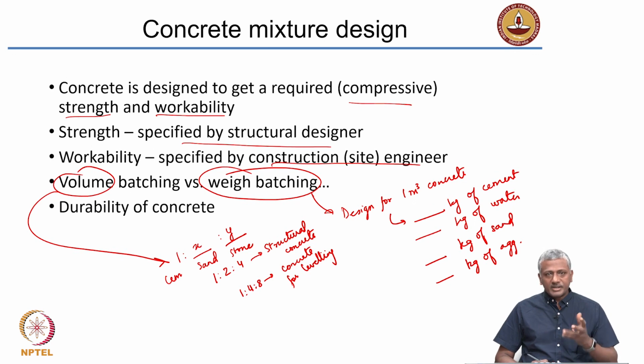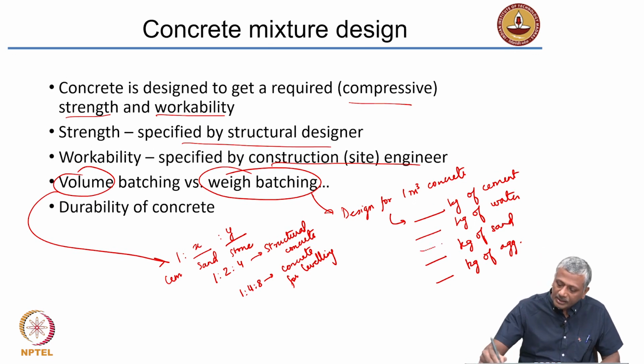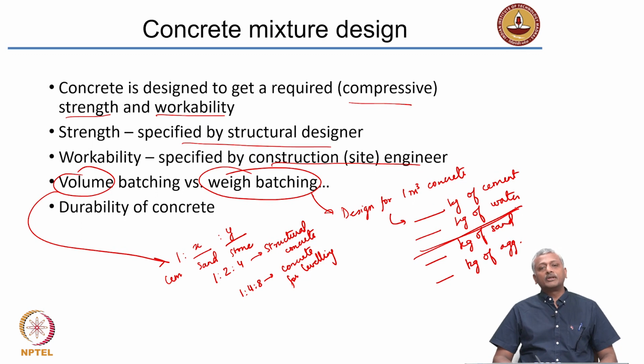4 is to 8. Now, what is interesting is in the weigh batching, you clearly had an indication of the amount of water that you are adding to the mix. What about volume batching? It does not say anything about the water, it just says cement, sand and stone. What about the water now? That is where volume batching becomes a difficult thing to practice if you want to control your concrete well. The water in volume batching is decided by the mason who is going to be mixing the concrete together. So, if the mason feels that so much water is enough, that is the level of water they will have for the concrete mix. So, there is no control on the amount of water that you add in a volume